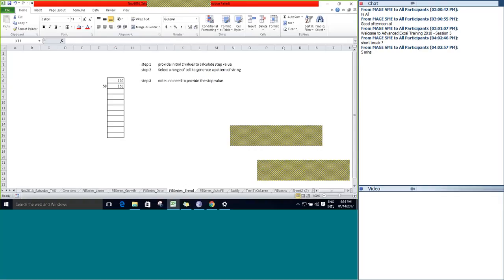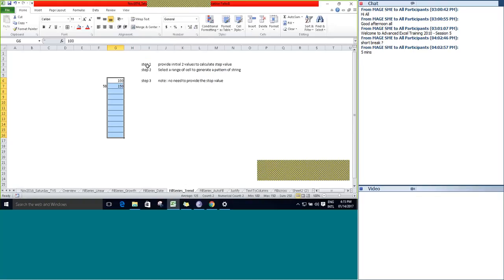Let's go to the next concept here, fill series trend. First step, provide initial two values to calculate step value. Yes, we provided. Select a range of cells to generate a pattern of a string, right? And then third step, note, no need to provide the stop value. So that is the difference in a trend.